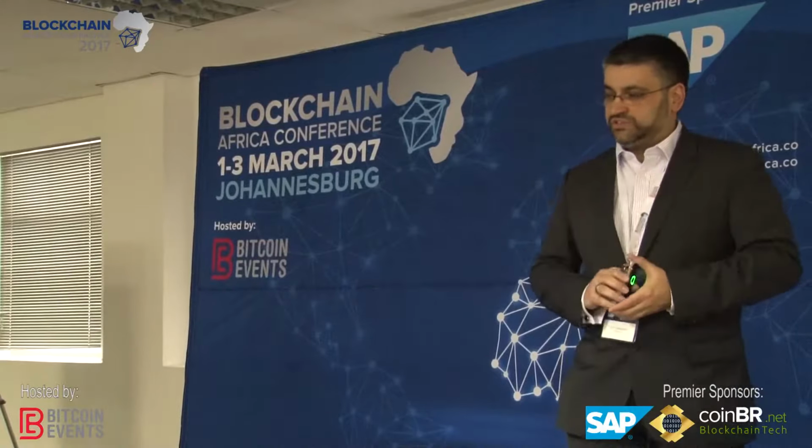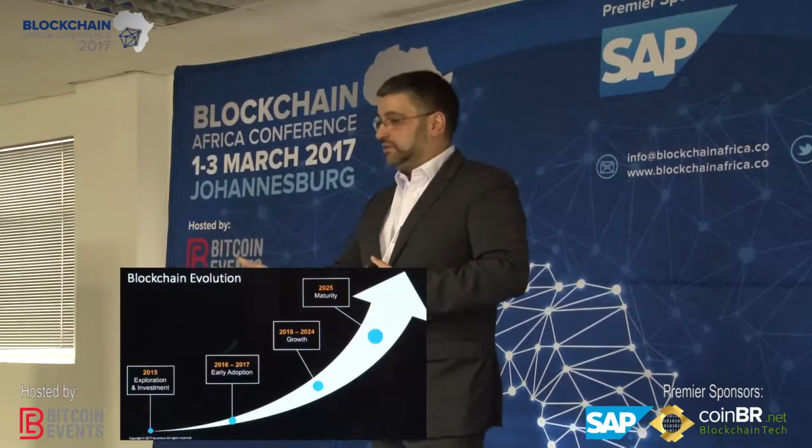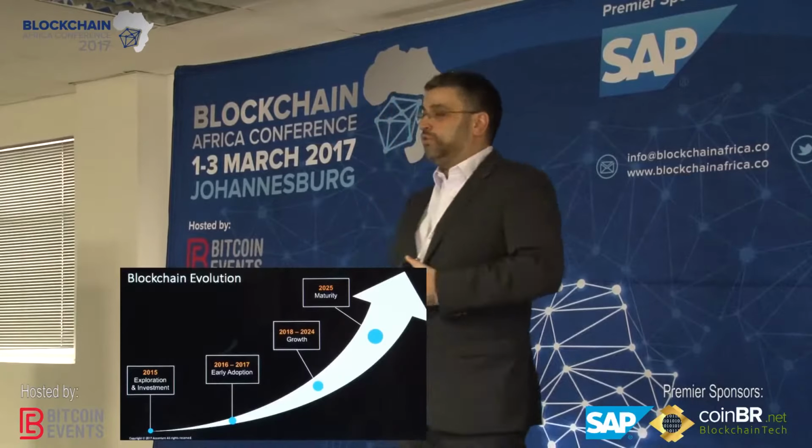Okay, so this is a slide that I keep putting up, and I keep asking myself, are the dates still valid? As I said before, the end of 2016 was really around the early adoption, the beginning of that, and what we were seeing there was the actual implementation of production builds. So early adoption by all means, and we're now, I think, in 2017 and so on. I think we'll end up with a lot more of those.